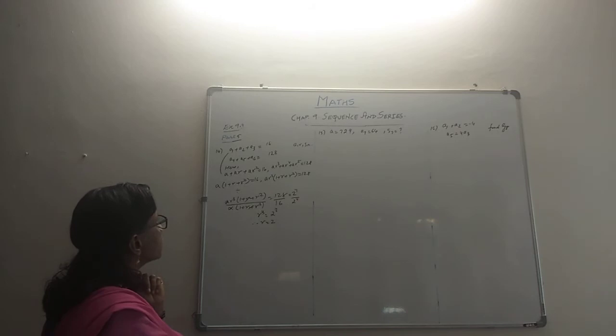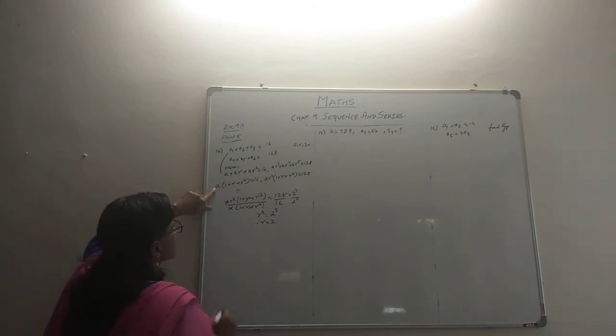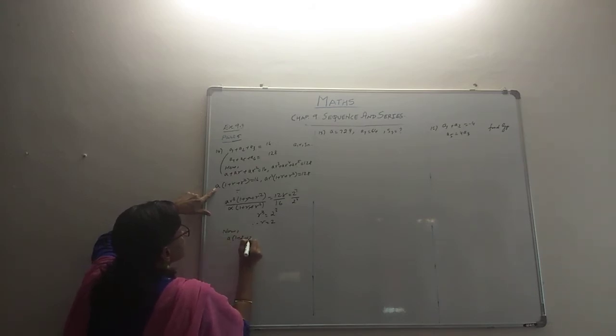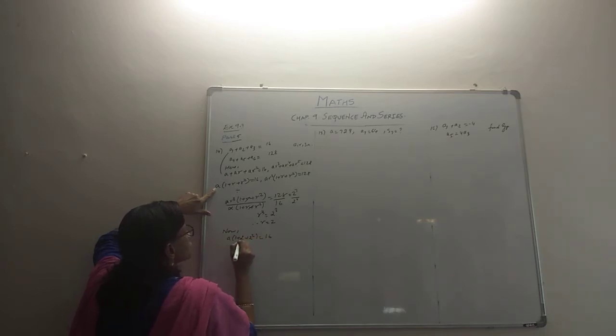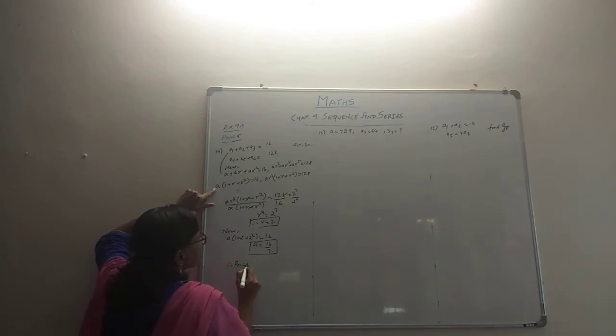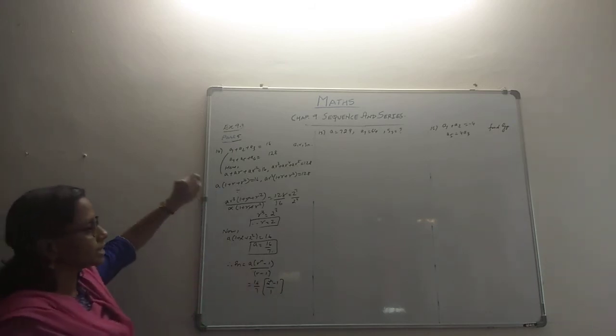Now how to get a from here? Maybe this. So a into 1 plus 2 plus 2 squared is 16. So 1 plus 2 plus 4, 7. So a becomes 16 by 7. r is 2, a is 16 by 7. Then they ask us to find Sn. So a into r raised to n minus 1 by r minus 1. We have all the prerequisites. r for us is 2, so 2 raised to n minus 1, and 2 minus 1 is 1. That's our value of Sn. So we are done with Sn.